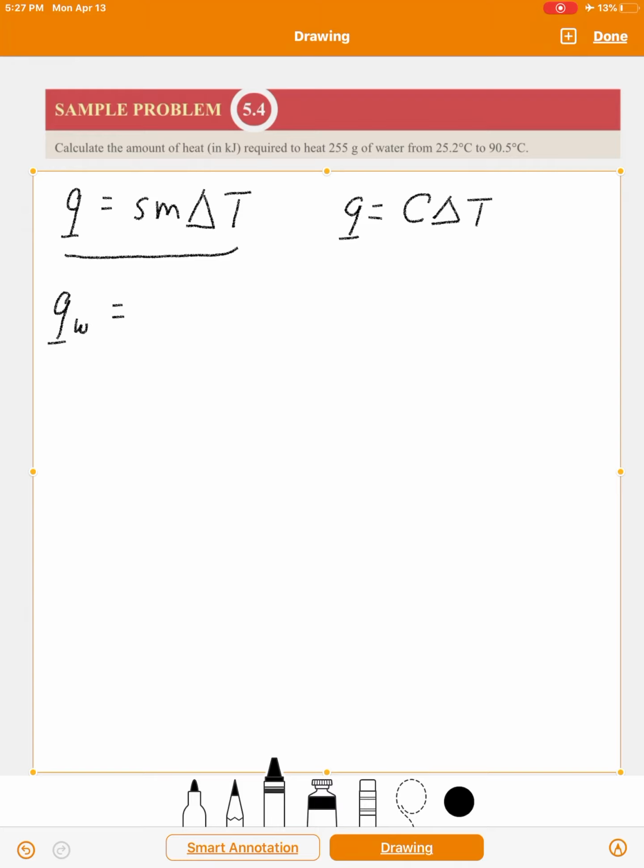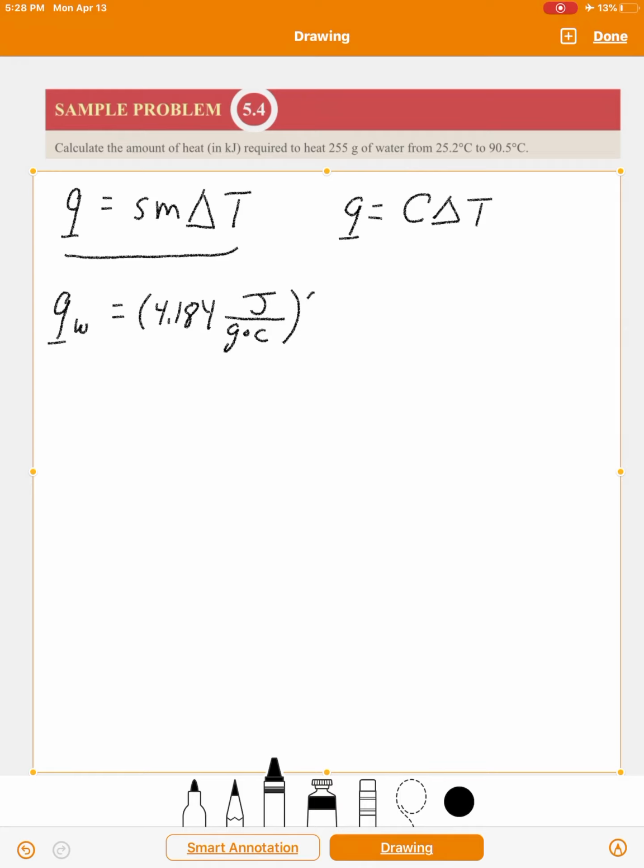You might want to remember the density of water, 1 gram per milliliter, and the specific heat of water, 4.184, or at least remember 4.18 joules per gram degree C. So specific heat, 4.184 joules per gram degree C,